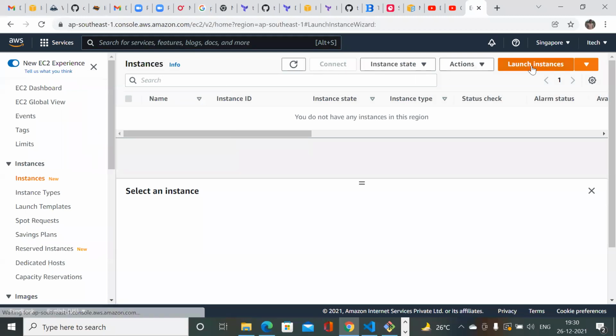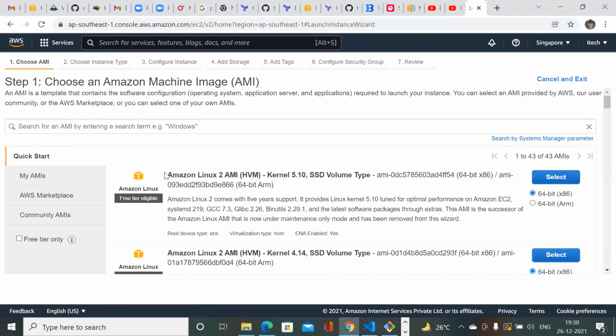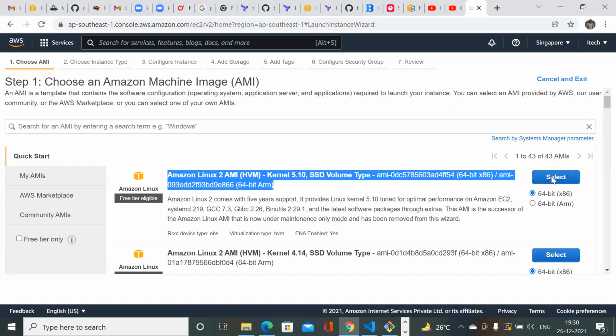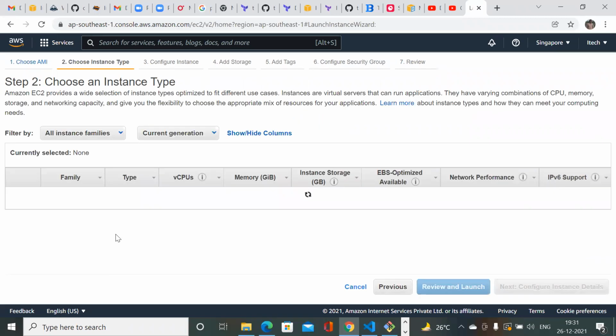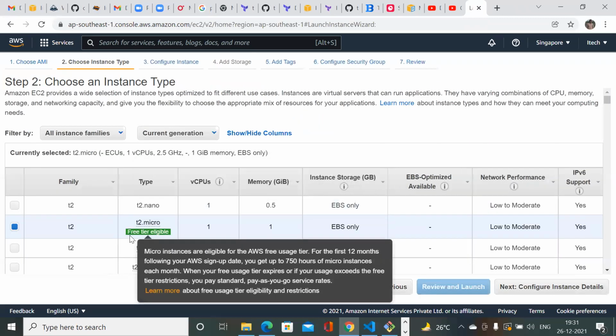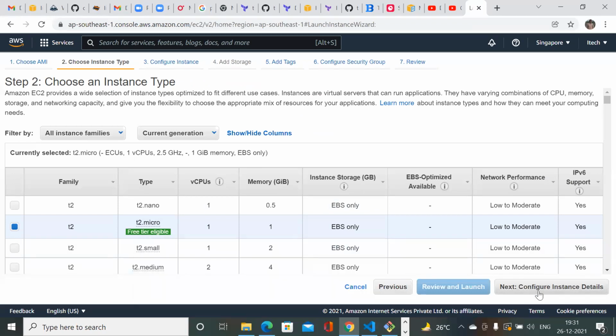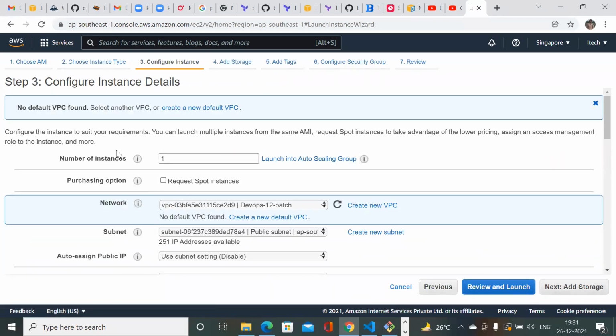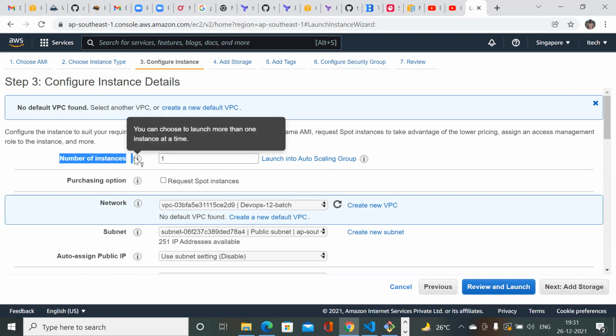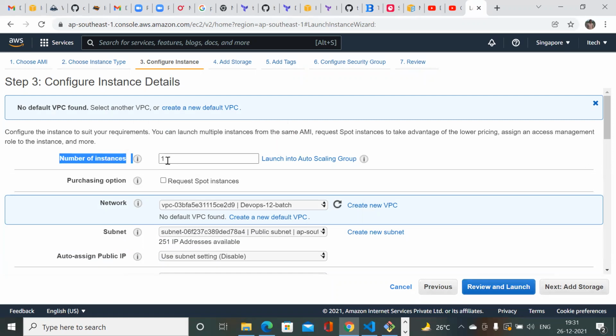Right now, I'm coming to EC2. I'm just trying to follow the same steps. Selecting the Amazon EC2 instance, since it is free, I want to choose t2.micro, free trial eligible. I'm just selecting the hardware. The number of instances I require, as per my request, is only one. If the customer requires two, you can create two. If the customer requires four, then you have to create four. At this moment, I'm just creating one instance.